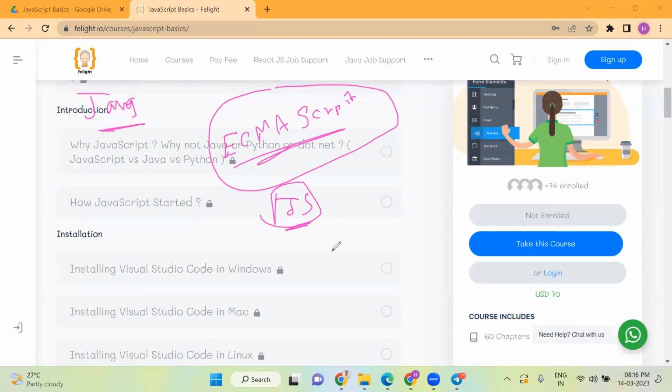Is it clear? Yes, sir. So the idea really worked. It actually picked up very well. It acquired good market share. And to be frank, how is Java related to JavaScript? Actually there's no relation at all. The reason is because Java is a statically typed language.